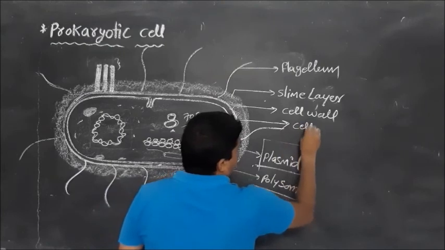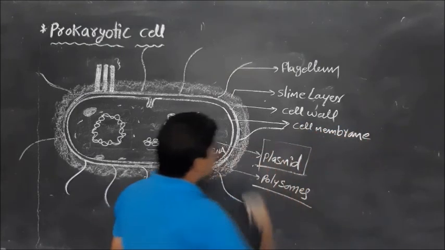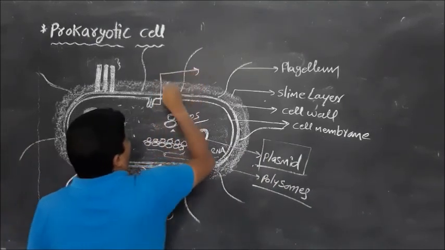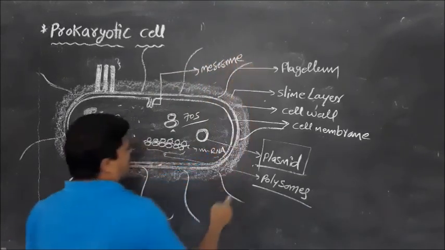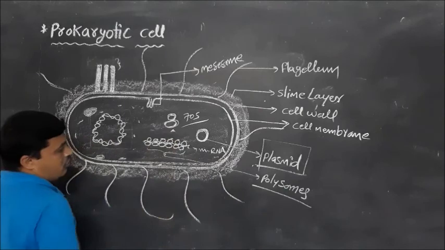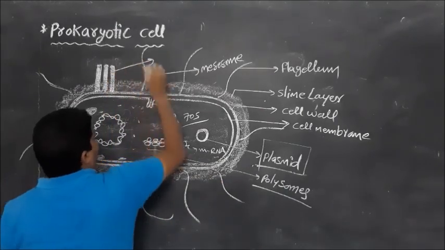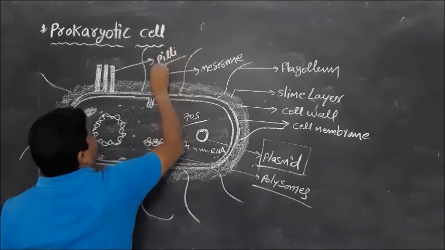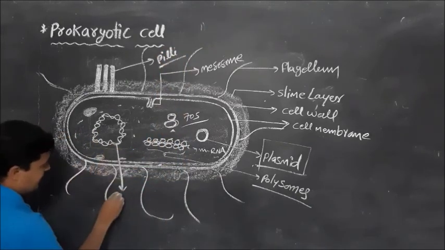Cell membrane means plasma membrane. And this one, mesosome, plasmid, ribosome, polysomes, and villi or fimbriae. And DNA,